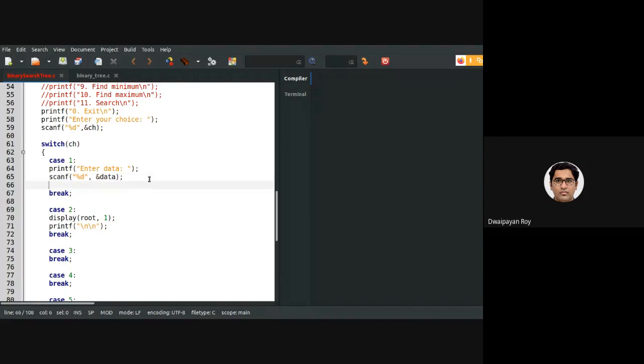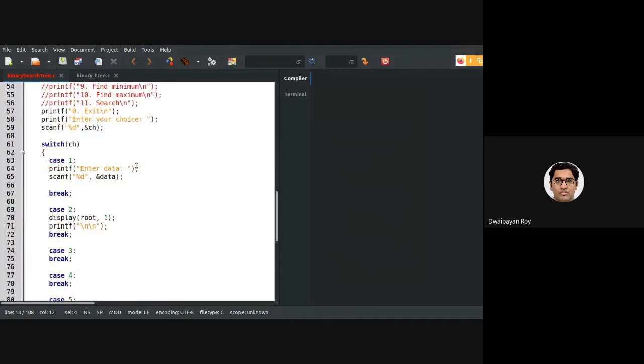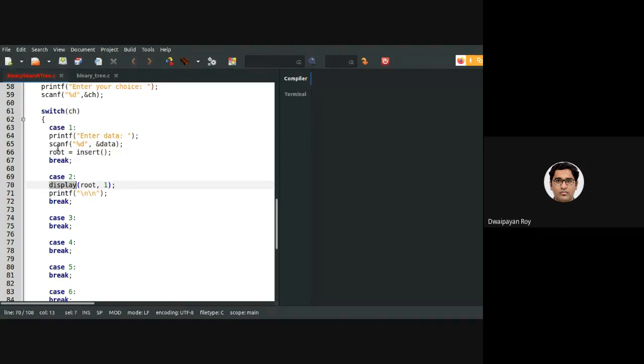Now I need to call one function. As I have said, I want to return the root, and we have already initialized the root of the tree as null. So we need to call the function which I'll be writing, say insert, and this insert will be returning the root of the created or modified tree, and that returned root will be stored in the actual root that we have already defined.